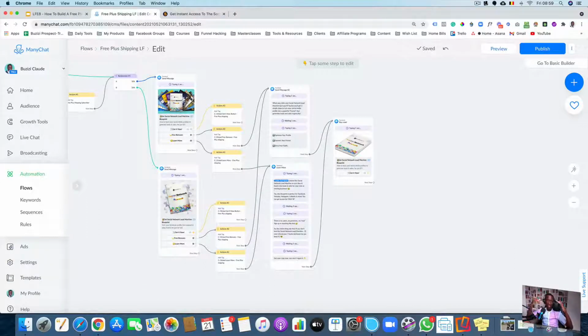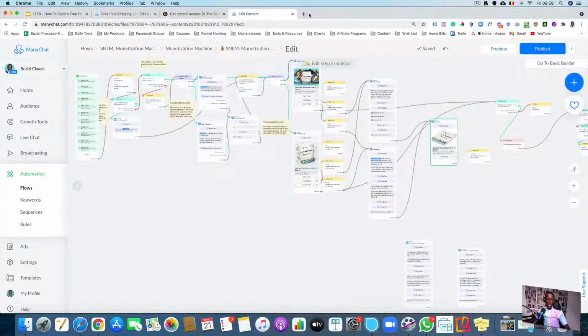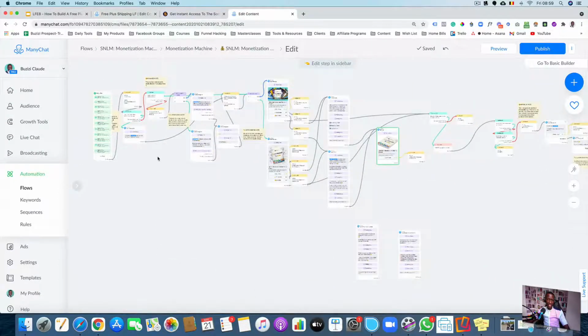You just replace the text with yours, and make sure you replace the images, the creatives with yours. Make sure you replace the links with yours. Otherwise, you're going to be promoting me, which is not bad. And then, of course, I'll be giving you a demo using my phone and showing you exactly what I mean by that, okay? So if I bring my other screen monitor over here again,